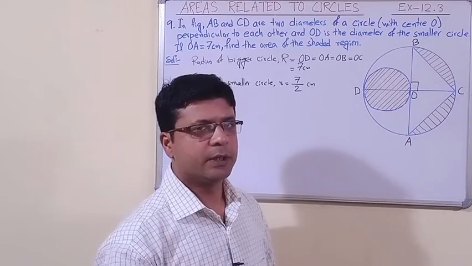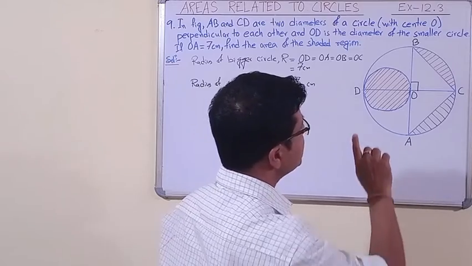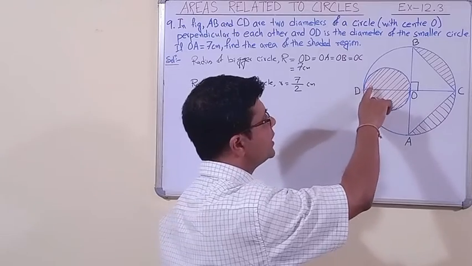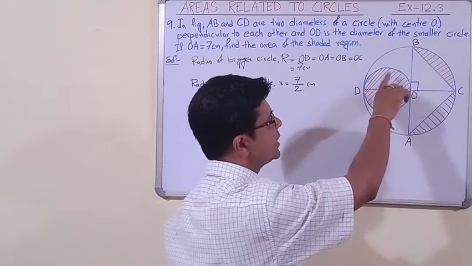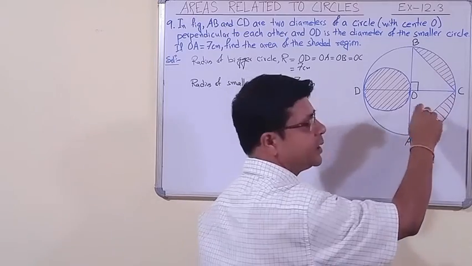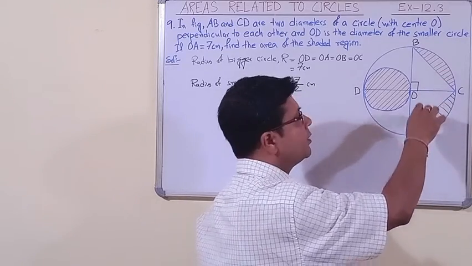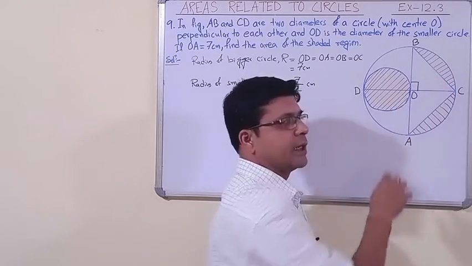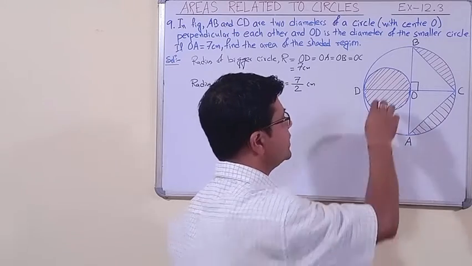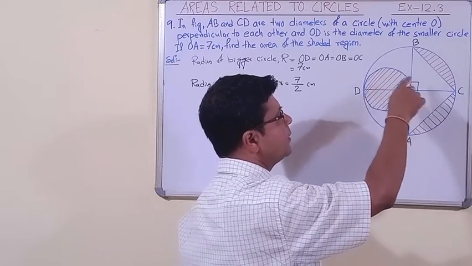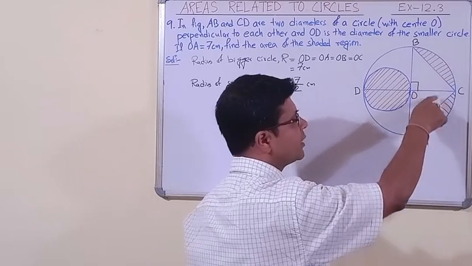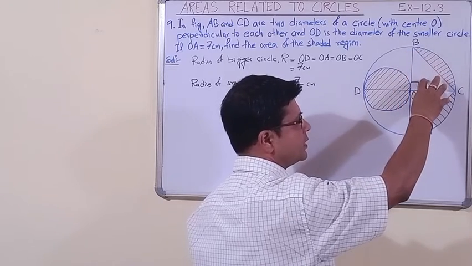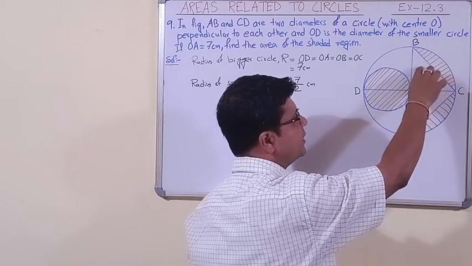Now how will we do it? Dear students, the solution is very simple. We shall take this area. This is a circle, so its area is pi r square. We know that the area of a circle is pi r square. Then we will take these two shaded areas. How will we find this shaded area? From the area of this semicircle, we shall subtract the area of this triangle. So we will take this area, pi r square, plus this shaded area, which we find by subtracting the area of the triangle from the area of the semicircle.